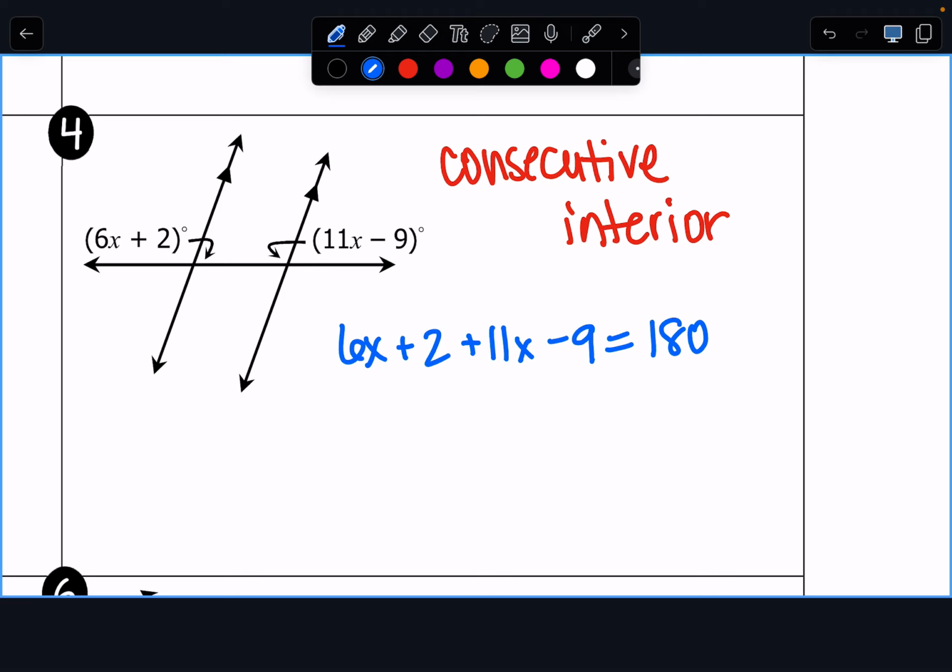Okay. So combining like terms would give us 7x minus 7 is 180, which would mean if we add 7 to the other side, we would get 187. Which means x is